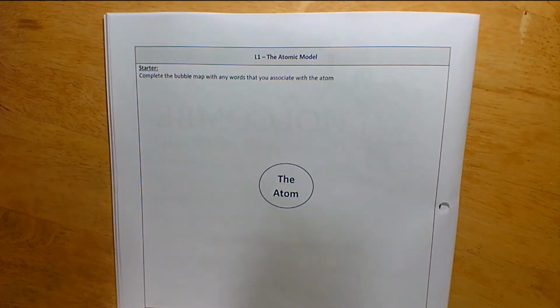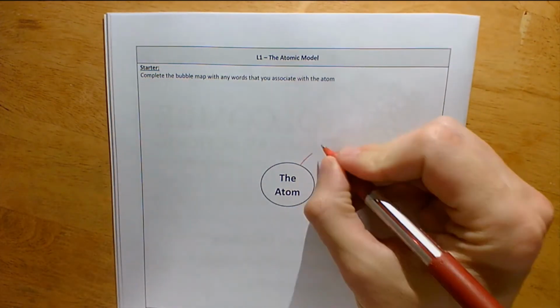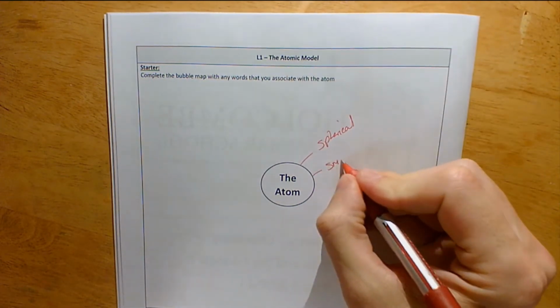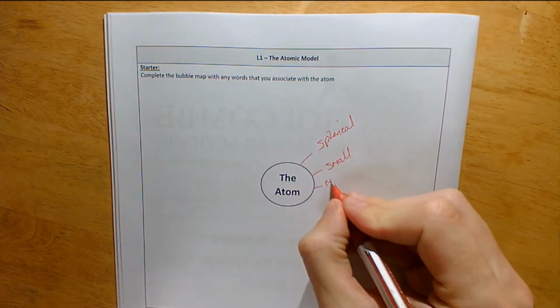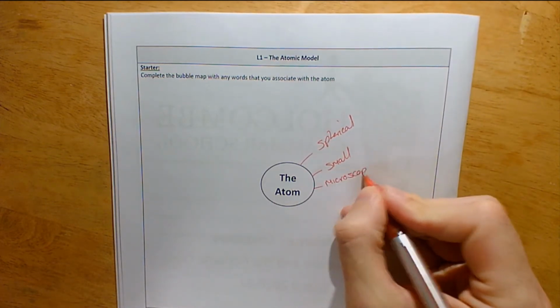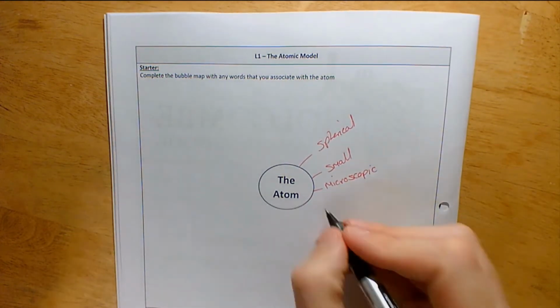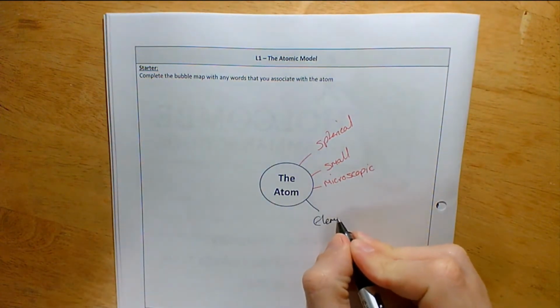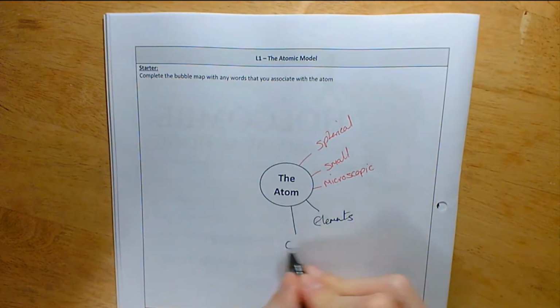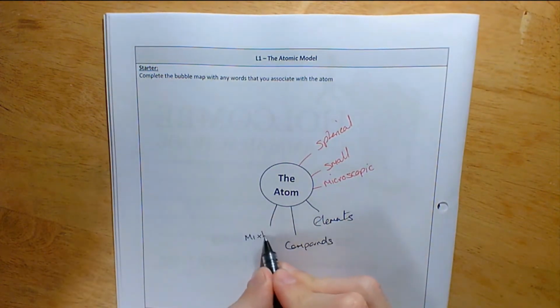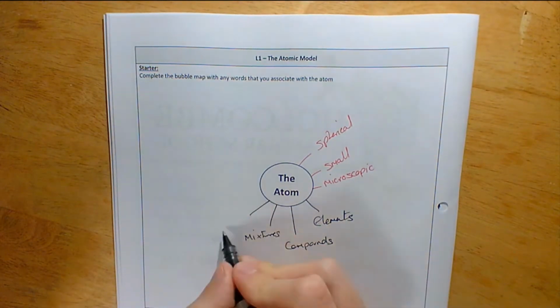In green pen, you can add to your bubble map and make any corrections. So when we think about the atom, you might be thinking about its physical appearance. So perhaps that it's spherical, that they're very small. In fact, they're more than small, they are microscopic. Perhaps you're thinking more about where we find atoms. So atoms form elements, compounds, mixtures. You might have even thought of perhaps molecules,